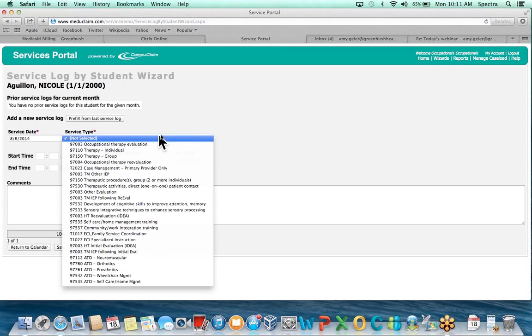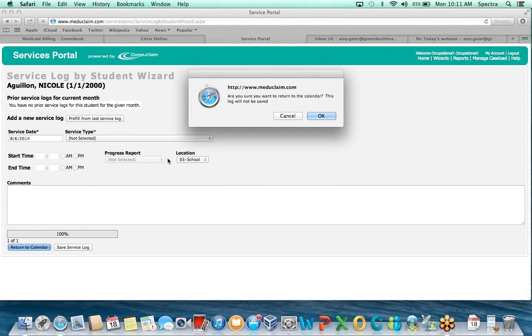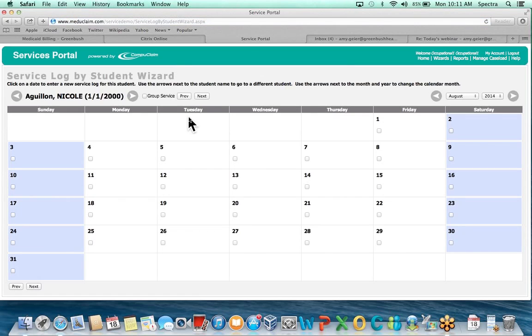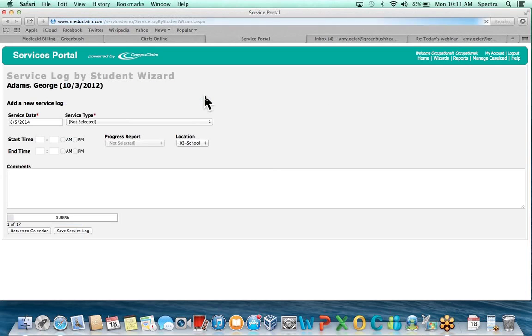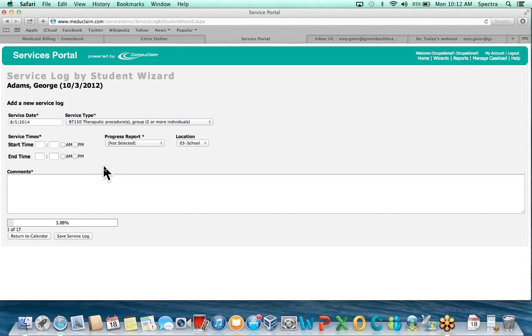Then you can go ahead and start logging again from that way. I do want to go back to the calendar and show you the group session. So I've selected several students here, and if you see this group service option, if you click the particular day that you had, if you're a group service provider, you click that day, hit group service, and hit next. It's going to show George Adams. He's one of the students that I selected, and if you type in your actual group code, you can do